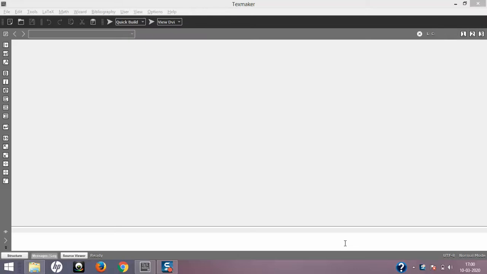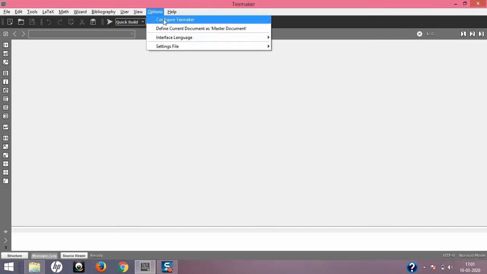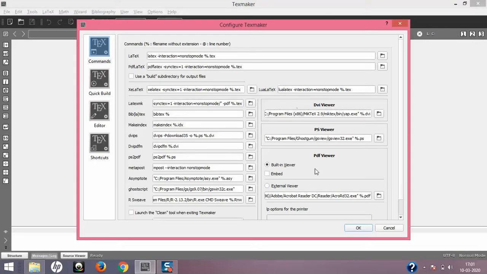I generally take the full screen for the code, and when I compile this, I'm interested in getting the output in a separate viewer. I minimize TexMaker to see the viewer, but some people find it pretty useful. For example, they type on the left side and see the output of the code on the right side. So to do that, go to Options and go to Configure TexMaker, and probably here the